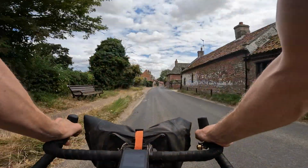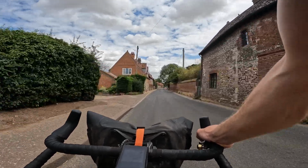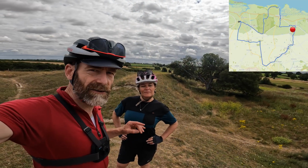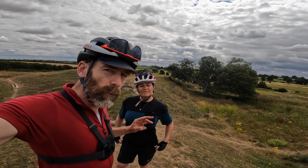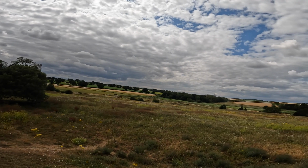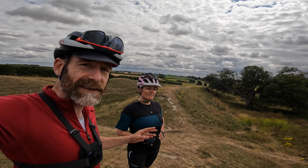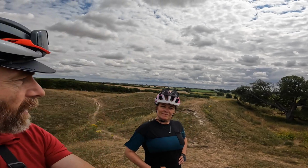Kestervan. Now we're just freewheeling through Warham. Very pretty village. Lovely old flint, cobble and brick houses here. So this is just about 100 metres walk along a little farm track, but well worth the diversion because this is Warham Camp. And it's an Iron Age hill fort, which again, you know, alone in Norfolk. There's only about 4 Iron Age defended sites known in North Norfolk, and this is actually on a hill, as